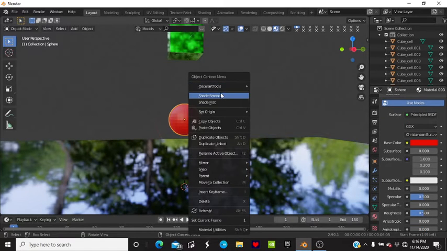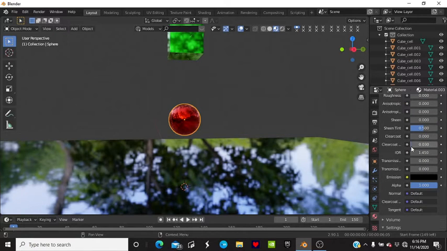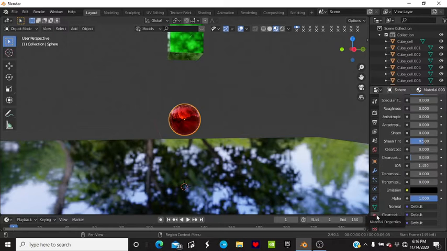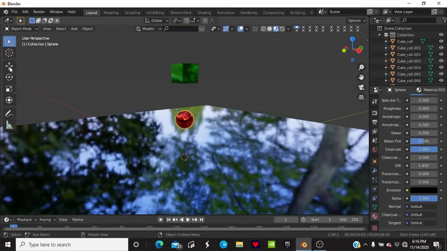If you right click and click on Shade Smooth, it goes all smooth, which is nice. Go to Metallic, bring it all the way down. There's another place where you can add color and things. Click, go all the way up, and suddenly we got three nice shiny things. It's probably going to crash my computer, but